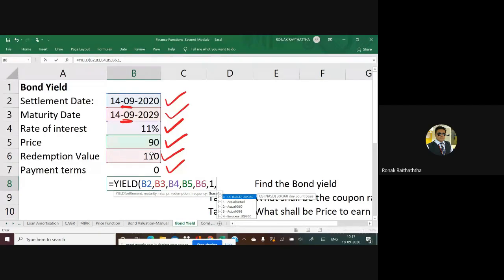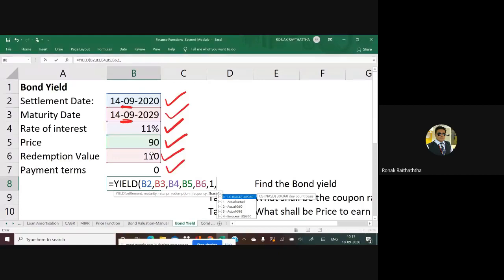So accordingly, 360 days will be there in a year. That is the number of days count basis they follow when they calculate any such financial indicator or evaluation of any financial term. So day basis can be actual, can be 360. If I write 0, then 360 will be assumed as the total number of days in a year, and 30 days in a month, and accordingly it will calculate the yield.